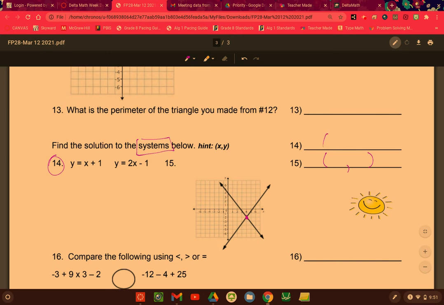So number 14 is also going to be an ordered pair, but notice there's a couple ways we could do this. We could graph these and find where they intersect. I want to show you another way that you can do this. We know this is using algebra. If y is equal to this, then, and this is the transitive property, it says if A equals B,